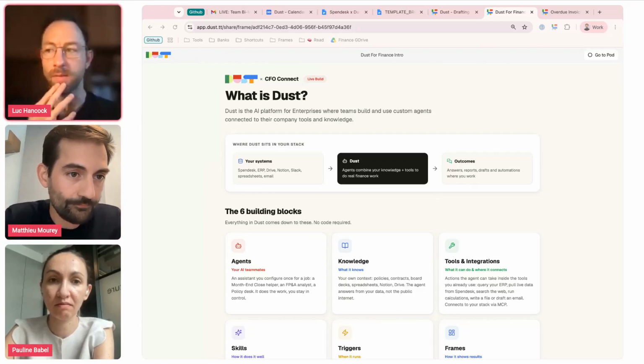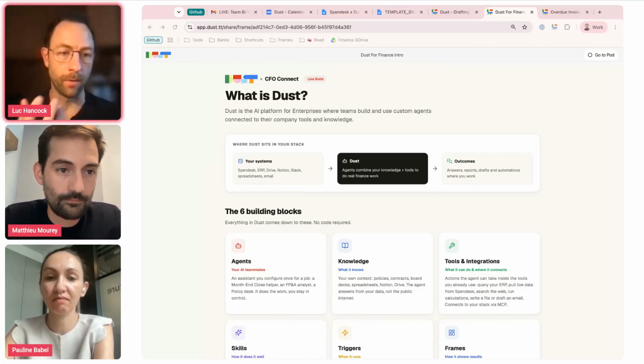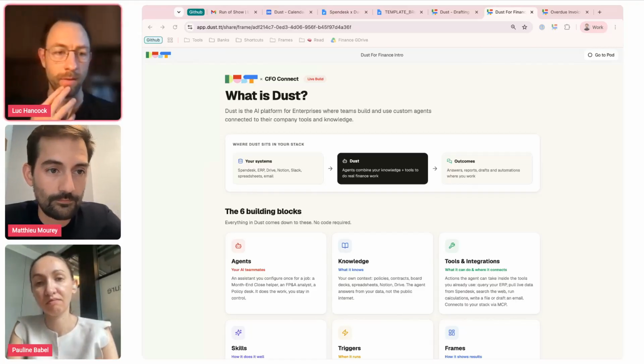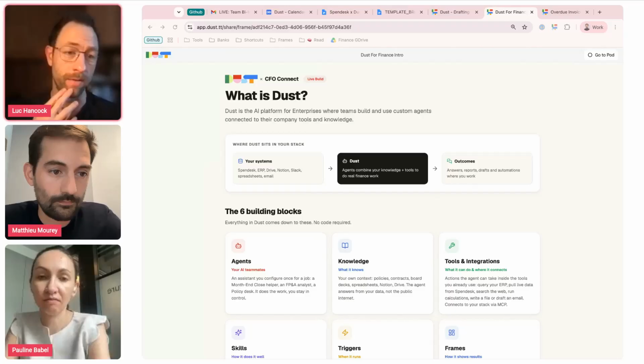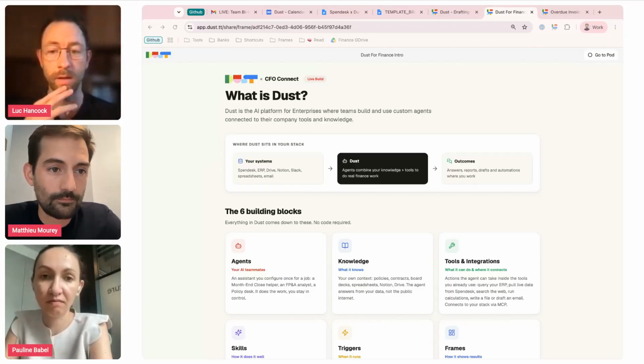Yeah, makes sense. We use that at Spendesk. I think all departments see a lot of use from it. So as you said, it's very horizontal, across the organization. It's not just a finance tool. So I think it's quite powerful that way.